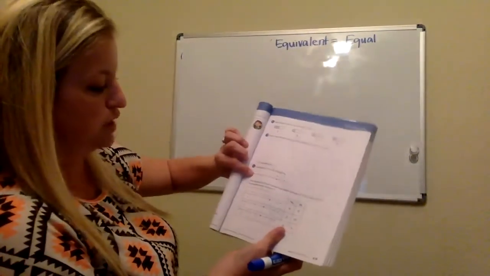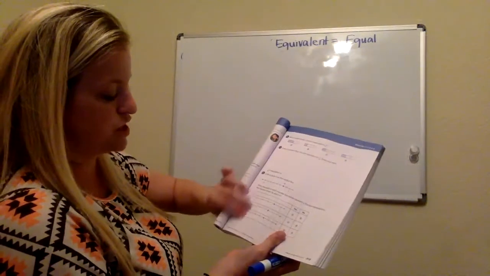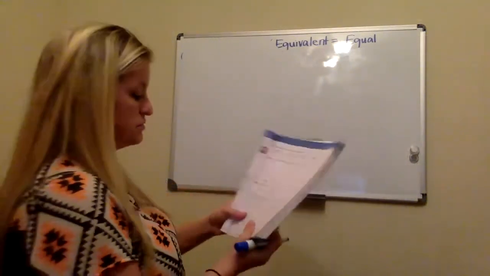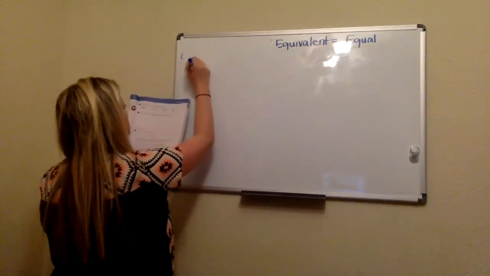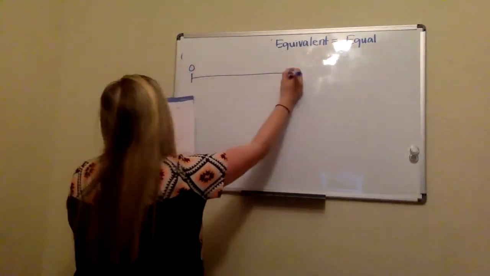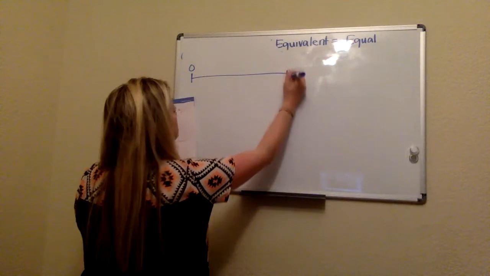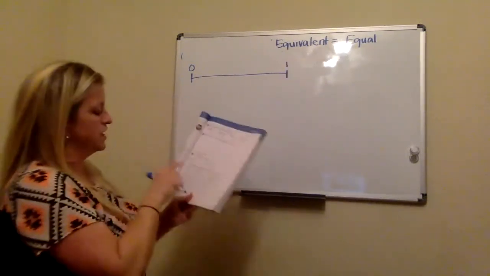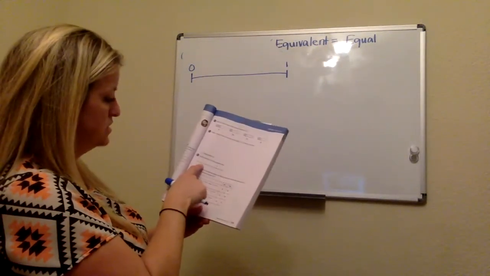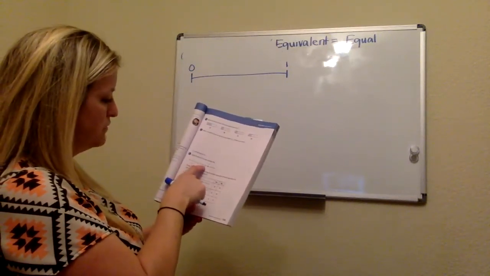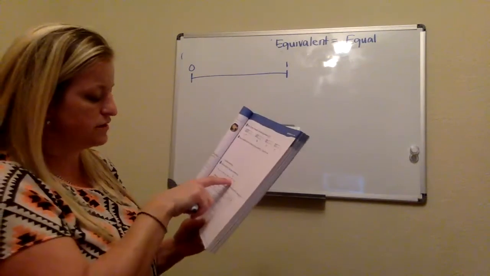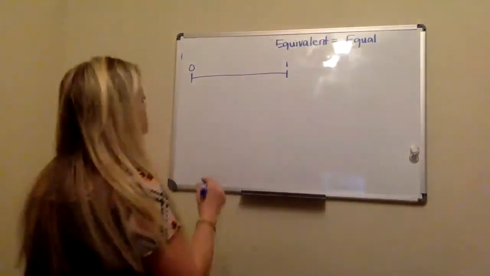the model, and then I'm going to try to match it with those because I'm trying to show you guys what it is. 0, and it goes all the way to 1. And I'm going to count the pieces, excuse me. 1, 2, 3, 4, 5, 6, 7, 8. So this is eighths. So I'm going to draw